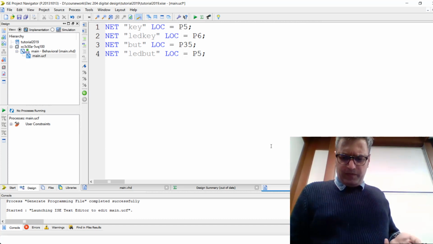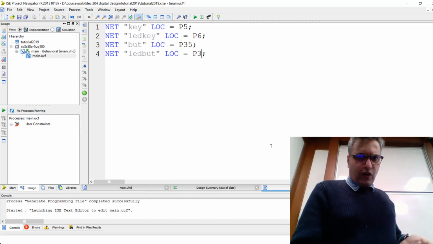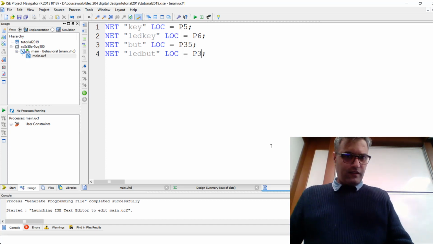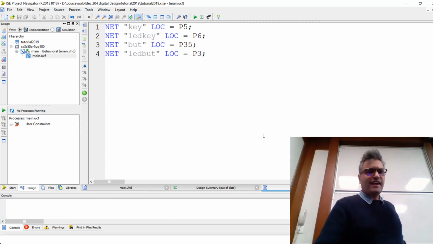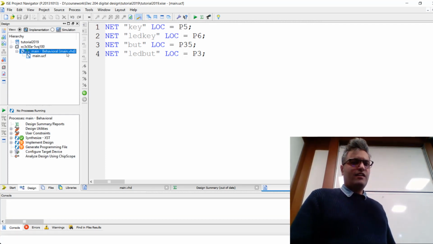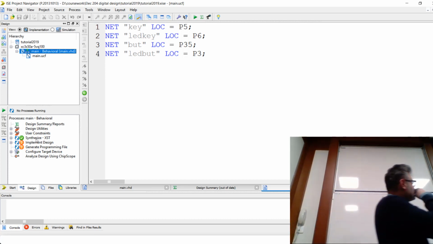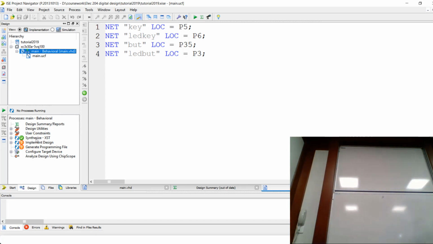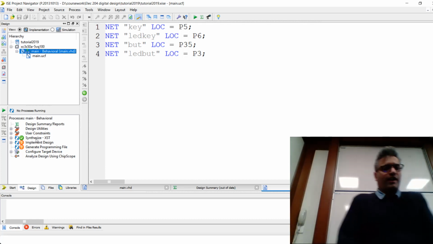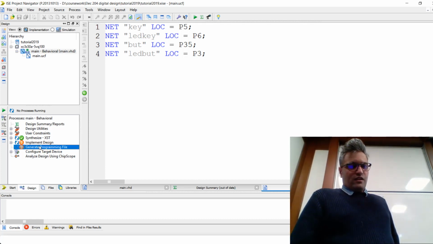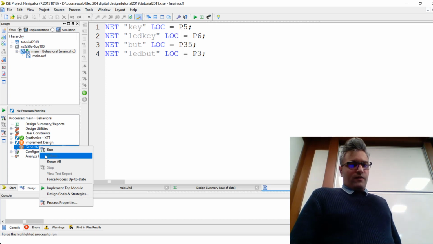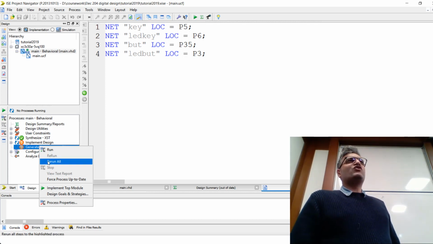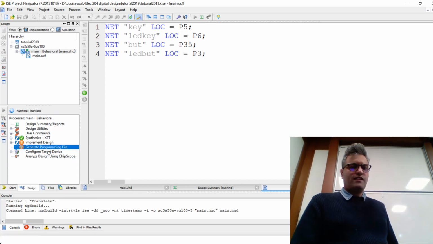P6, P3. Okay. So I save it and I run it again. So you will see that the synthesized part didn't change, right? Because I didn't change anything in my program. So if I do rerun all, it synthesizes again. If I just say run,